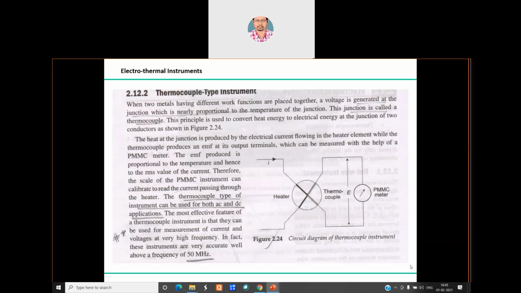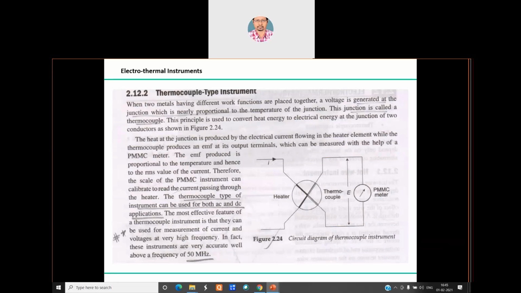Okay? Thermocouple type of instruments. Now, it works on the principle of the thermocouple effect. If you have an idea, then good; otherwise, I would say take more information about the thermocouple effect. What is the thermocouple effect? Basically, whenever two dissimilar pieces of metal form a junction, a voltage is generated, right? Voltage is produced at the junction. Why?